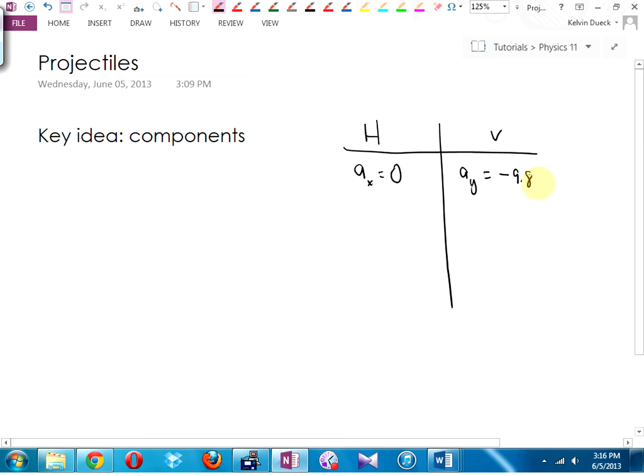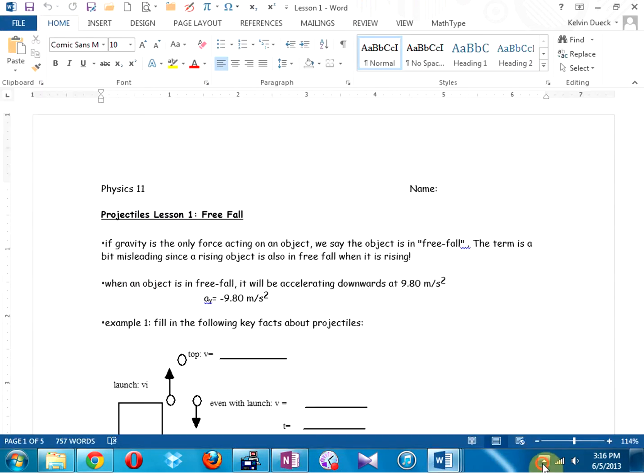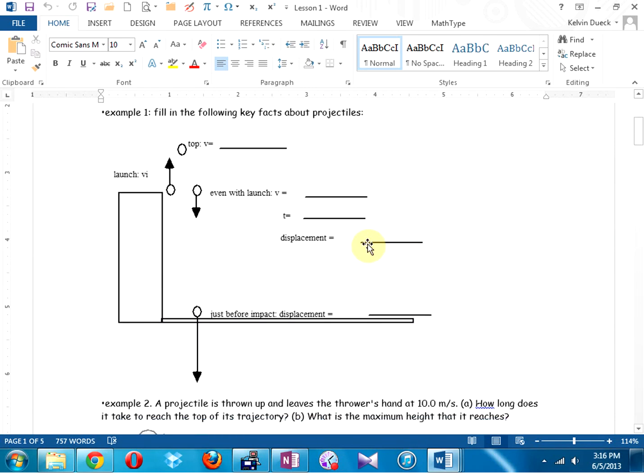The other values will change depending on the type of projectile question that I can give you. The first one that we did, day one, was just straight vertical. There was no horizontal component, which meant I could ignore the entire horizontal column. This is what we called freefall, which we did earlier this year. So for freefall from a cliff, your vertical is either going to be going straight up, or if I drop it,